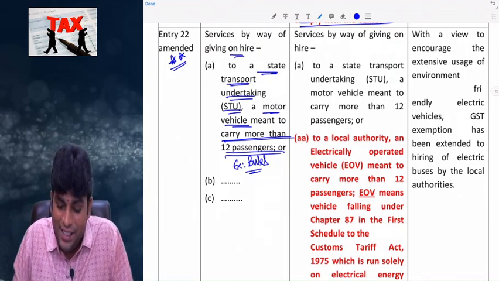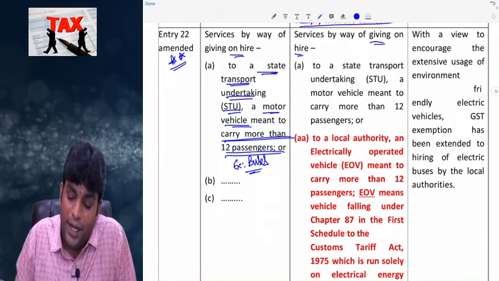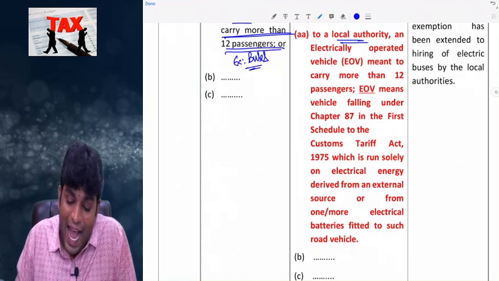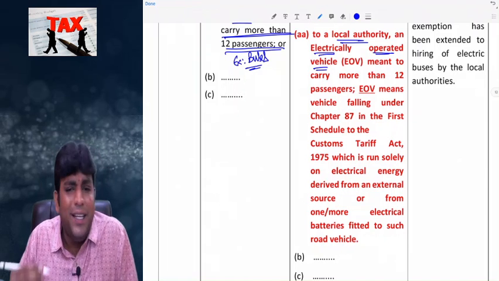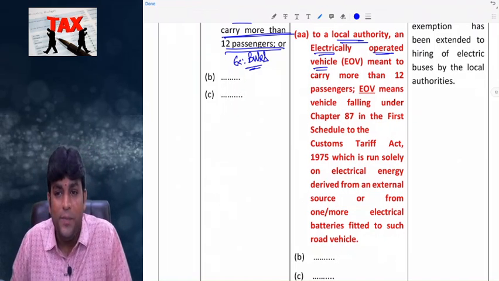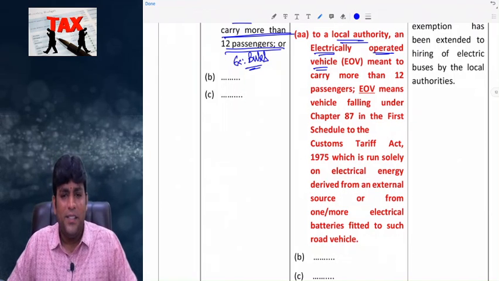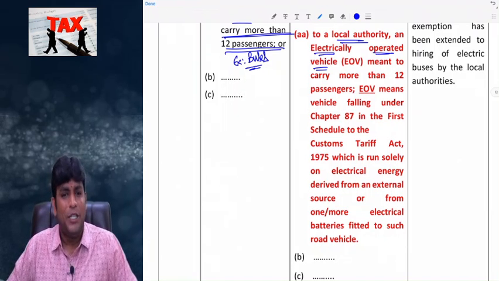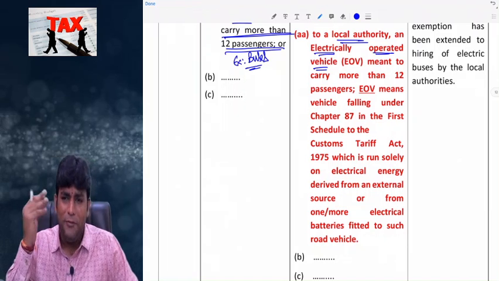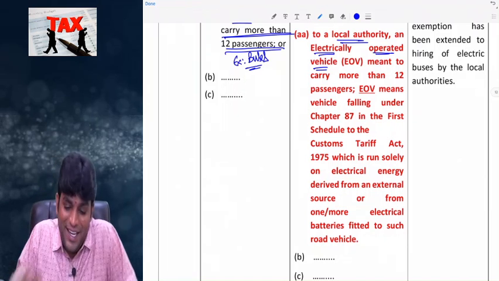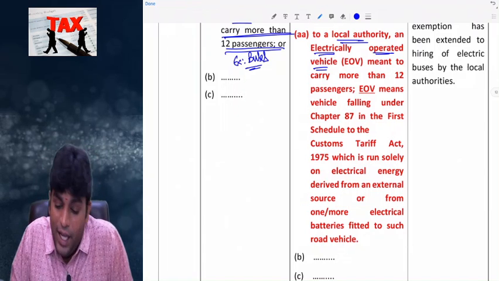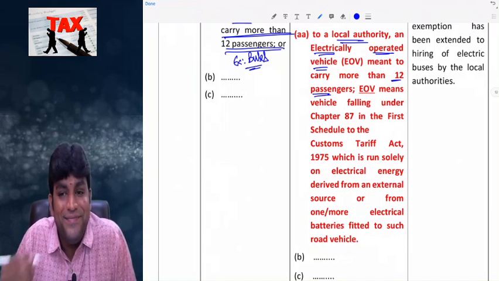One new point they have added is service by way of giving on hire to a local authority an electrically operated vehicle. Nowadays, a lot of importance is being given practically to electric vehicles because of pollution issues. Number two, because of maintenance issues. Number three, cost issues. Petrol, diesel prices are going up every day in and day out. See here, to a local authority, an electrically operated vehicle meant to carry more than 12 passengers,